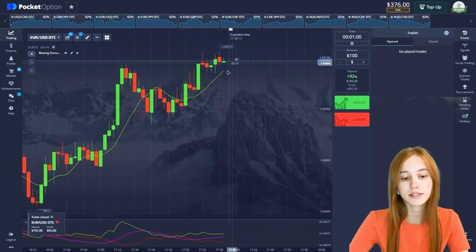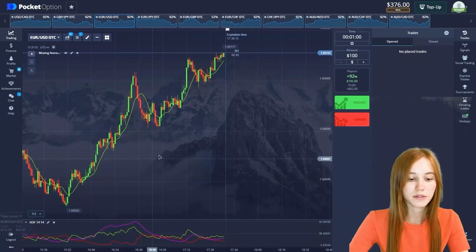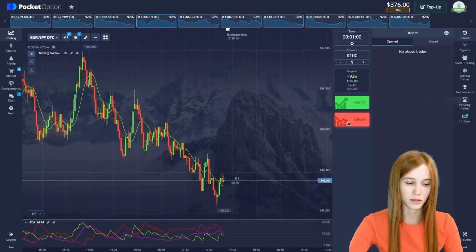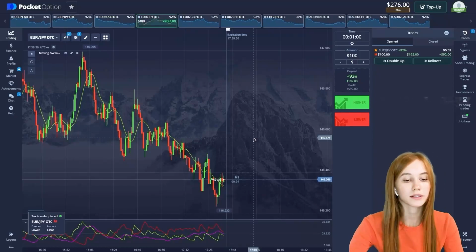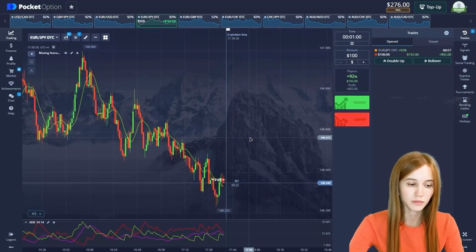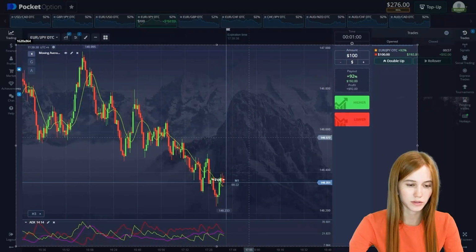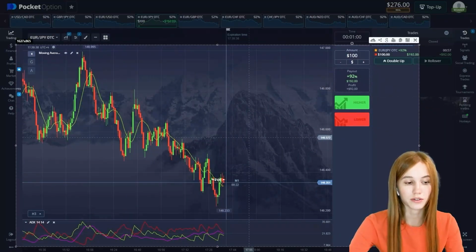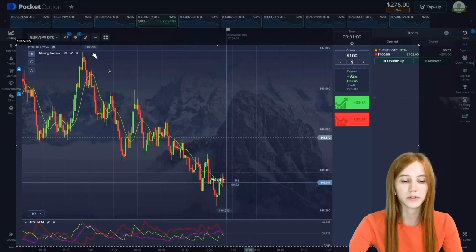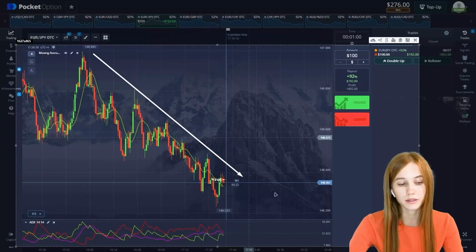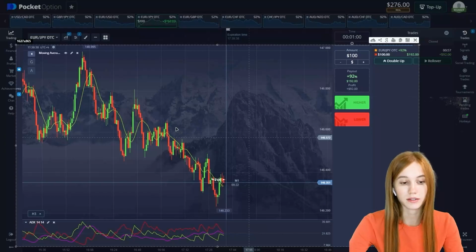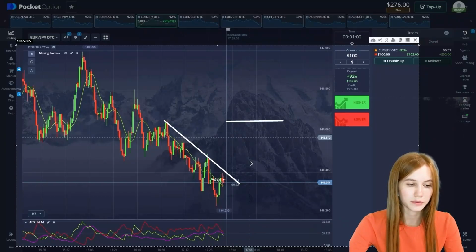Yeah, profit is $92. So let's go up and down and start our technical analysis. Let's see the situation. The general trend is going down. We'll also highlight the area of the resistance and support. There was a test here on the shadows. Also here, highlight